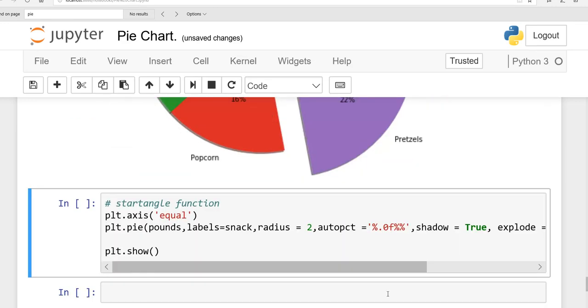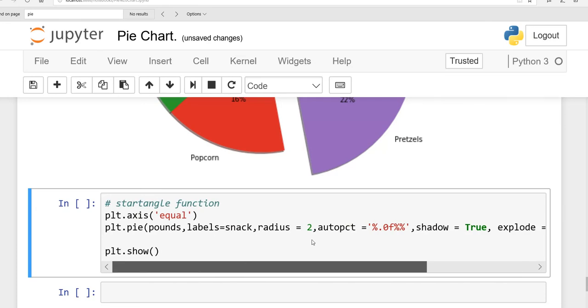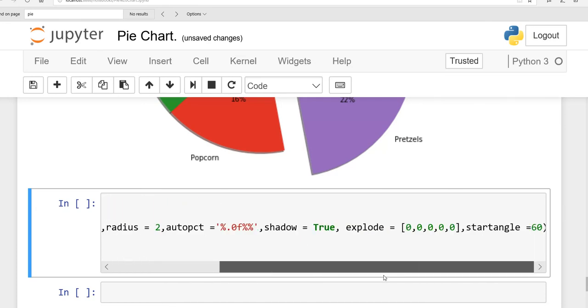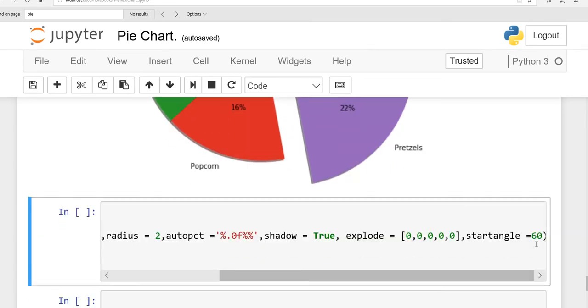Okay, now the last function, there are too many functions. This is the startangle function, right? I have told you only the important ones. So what will happen with the start angle? As I have told you, the pie chart starts from this angle. If you want to rotate all your slices, here I have written that I want to rotate it up to